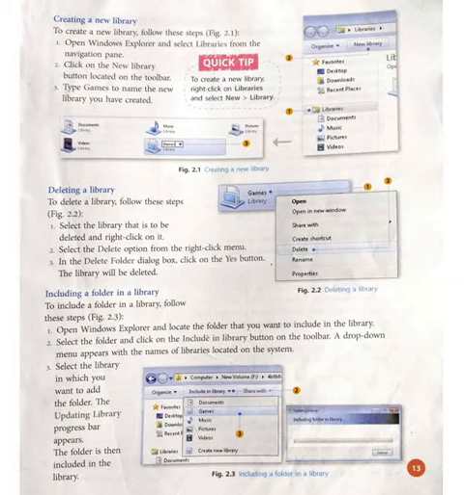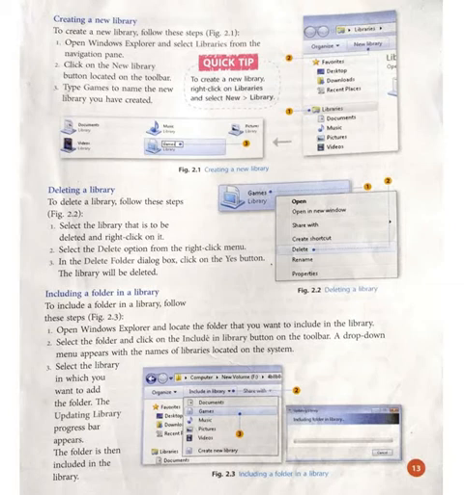Next is including a folder in a library. How do you include a folder in a library? To include a folder in a library, follow these steps. The steps are given here. First of all, open Windows Explorer and locate the folder that you want to include in the library.